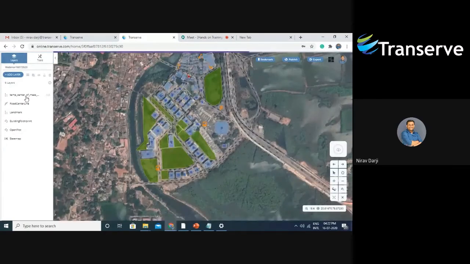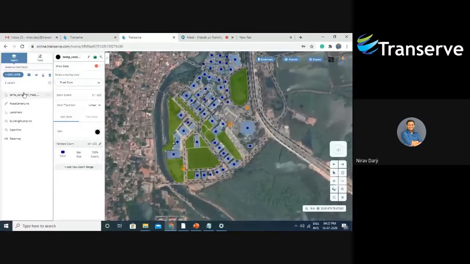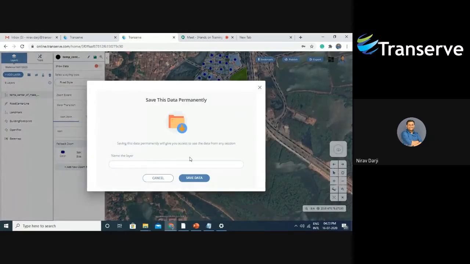The center of mass has been saved as a temporary layer right now. As you can see, it has just been saved as temporary. I can change the symbology, I can change the style whichever way I want to. You can see a green symbol, a floppy disk kind of thing, on the top. You can save it as a permanent layer, but in that case you have to name the layer.